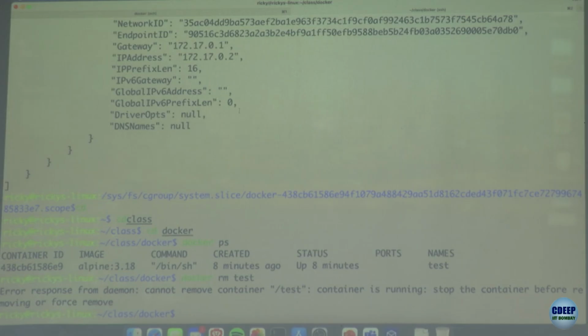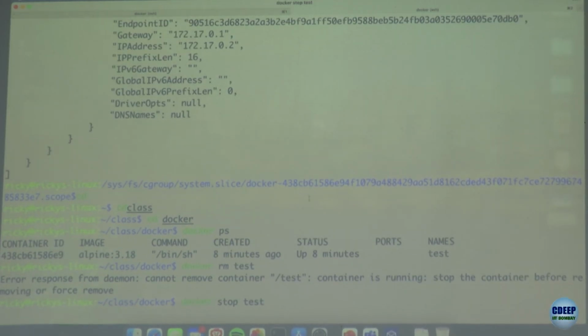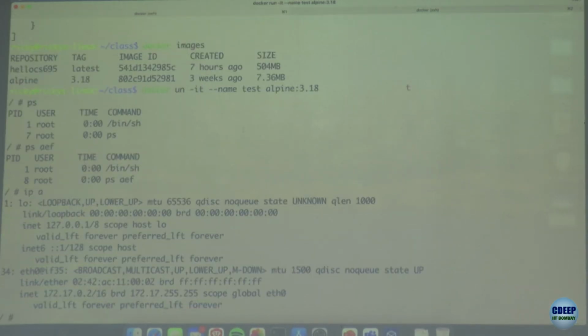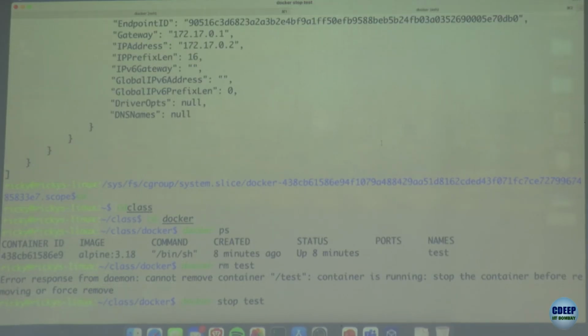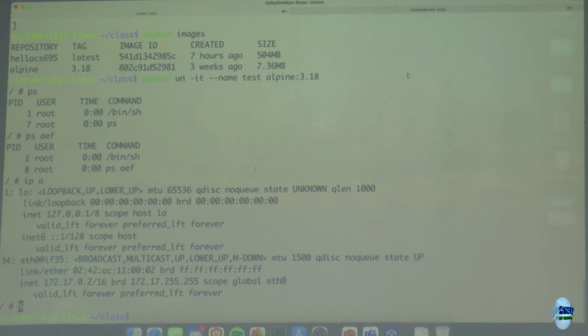Okay. So if I try to stop the container, which was test, now you will see that the test container will stop, and whatever was running there will be killed. The process will be killed. And as you can see, the process here was killed. Okay. Now if you try to remove